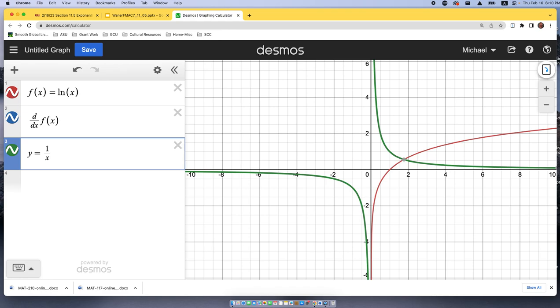Asking too many questions about these things. Can you put a negative inside of a logarithm? You can't. It's undefined, right? So that's why